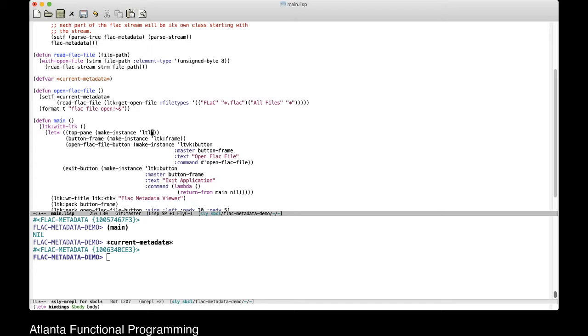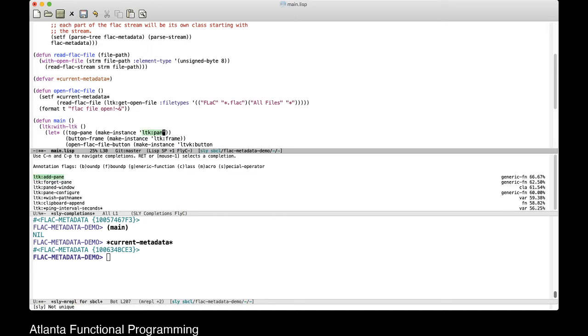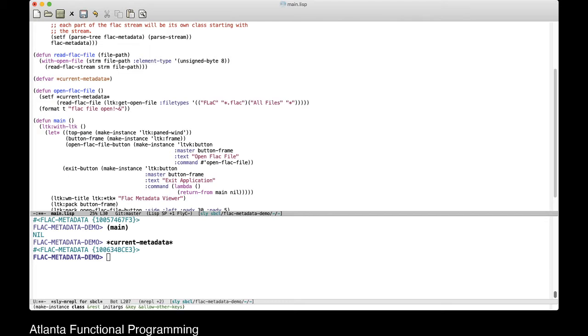Okay. And let's see. And window. And paned window, there is